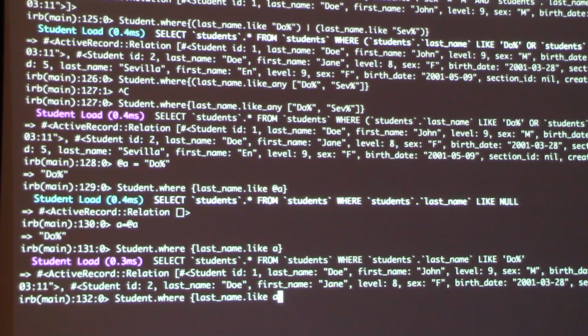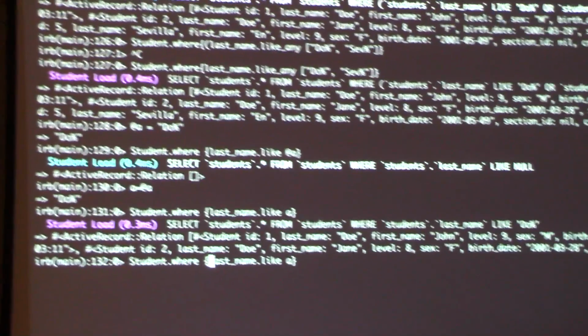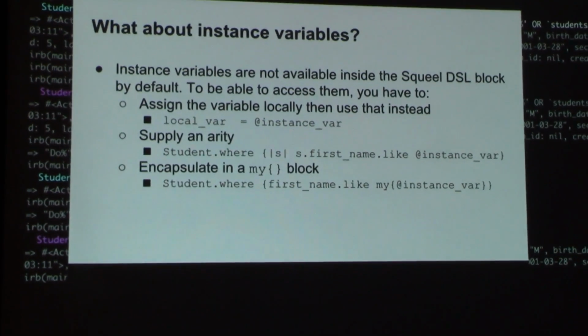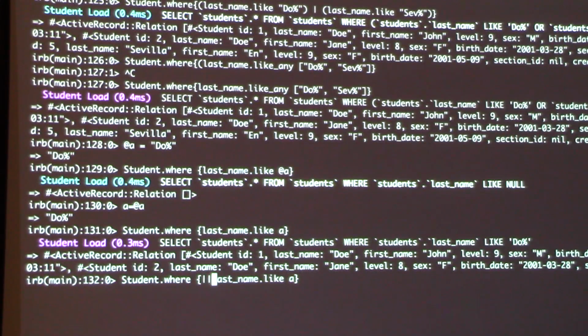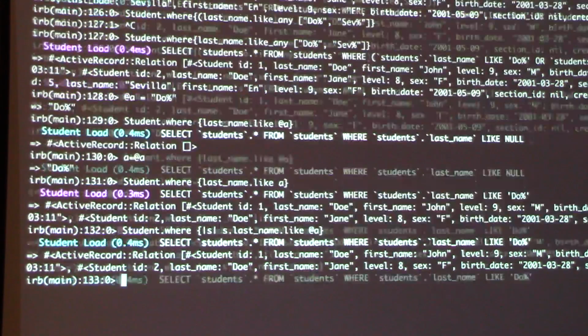Or the other way is to supply an arity. So what happens is that you pass the query object inside. So you can say S, and then S that last name, and then you can already use your instance variable.